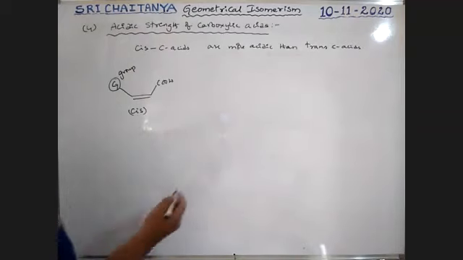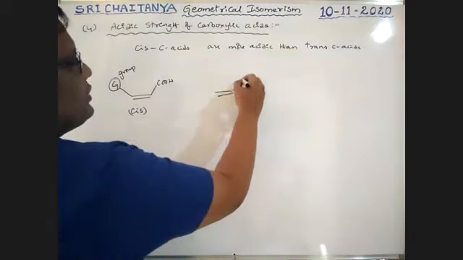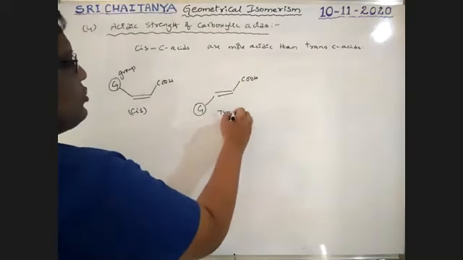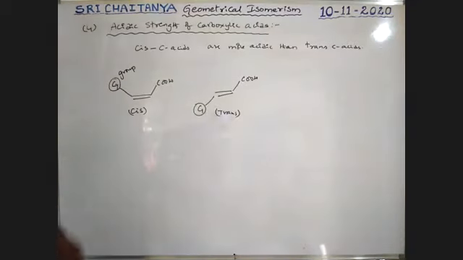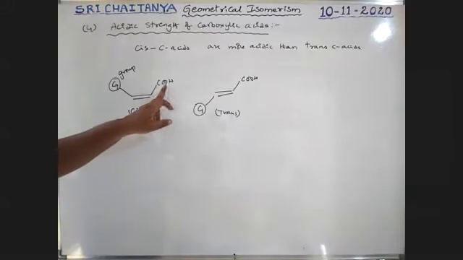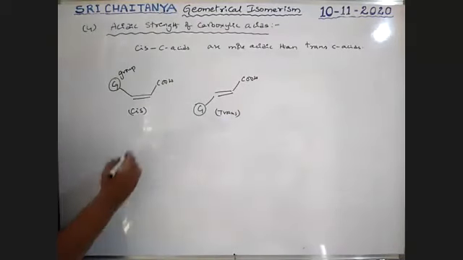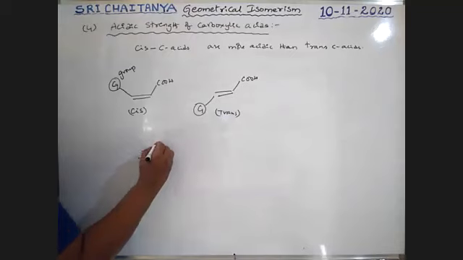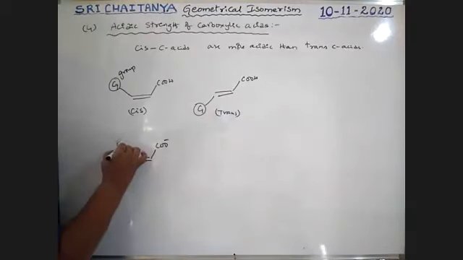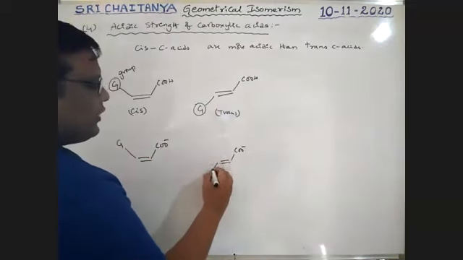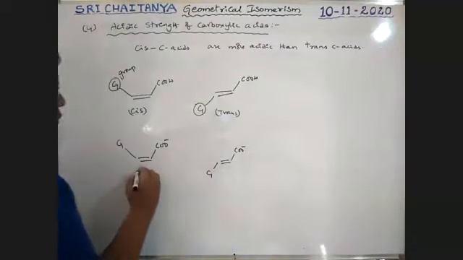Okay. So next, C double bond C, COOH. So a group is attached. So it is a trans compound. The acidic nature of the cis compound is greater than that of the trans compound. Okay. If this loses an H plus ion, it converts into a COO minus ion with the group. This is more stable.